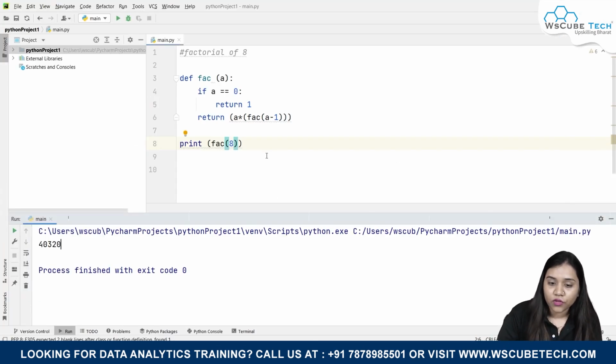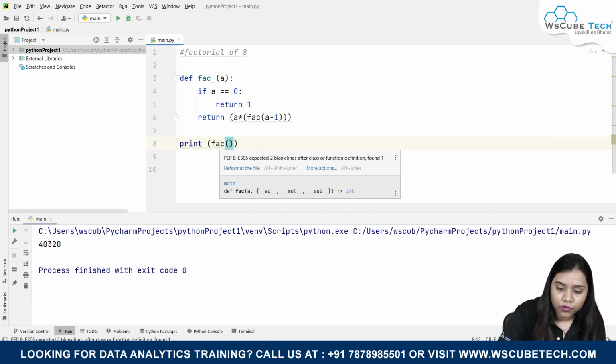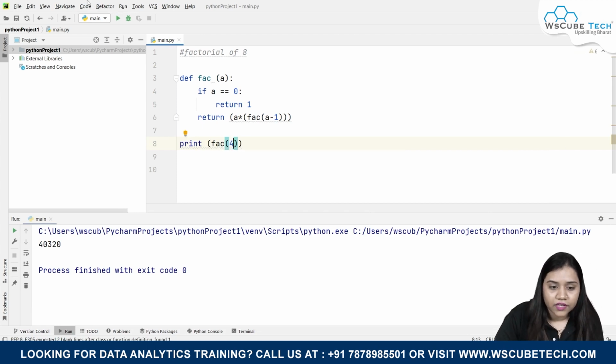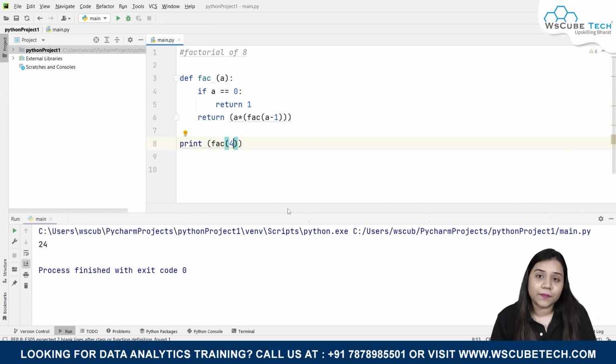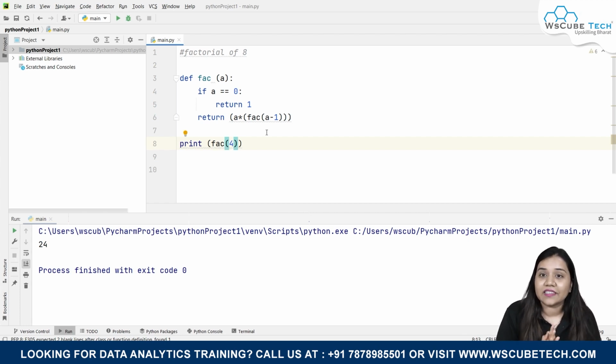So guys, this is how you can find a factorial of any number. If you write over here, let's say 4, you get the factorial of 4, that is 24. Similarly, you can change the numbers and get the factorial of any number. This is how recursion can be used. Recursion can be a bit tricky. It is difficult to use recursion in a function, but with the practice, it can be of very much